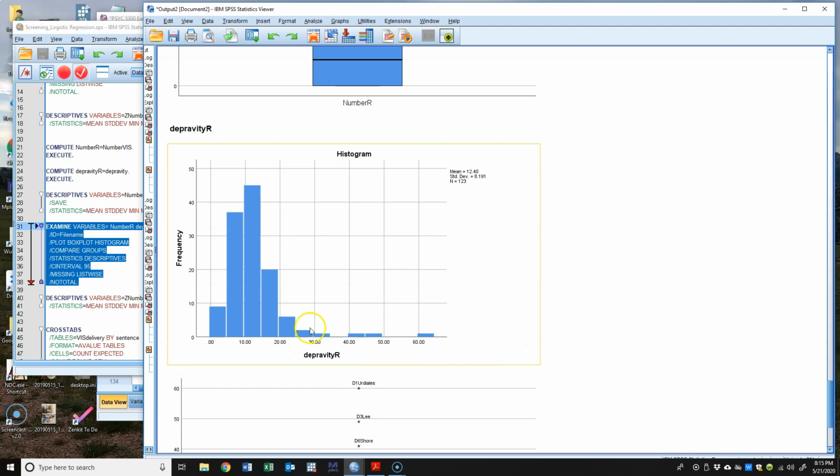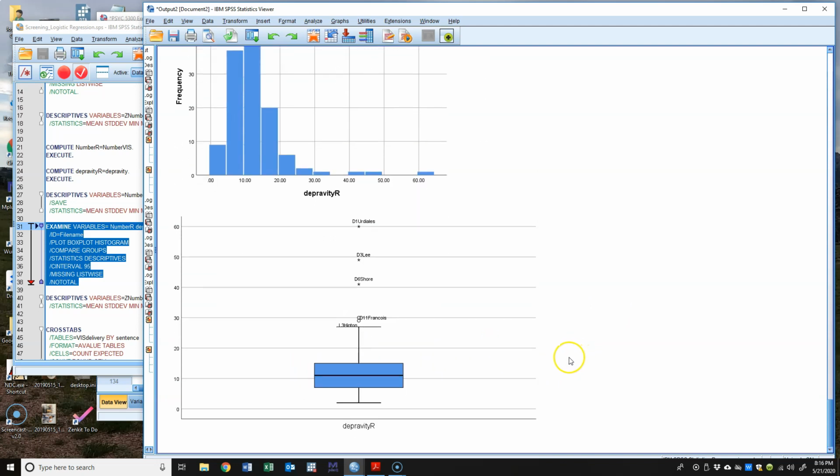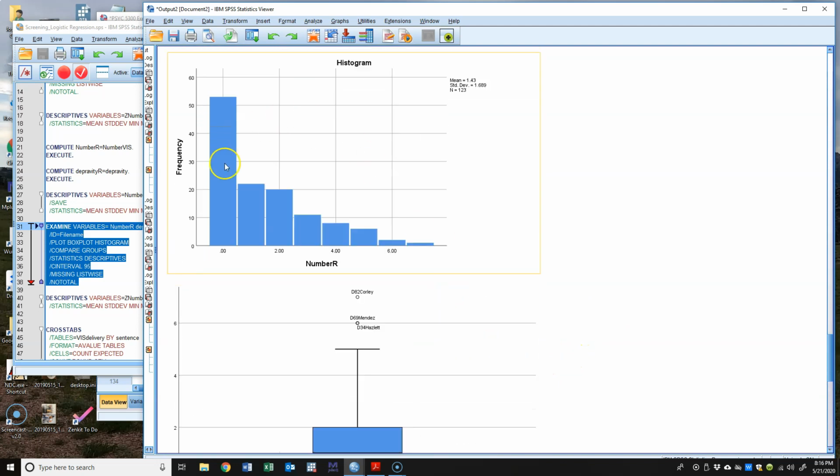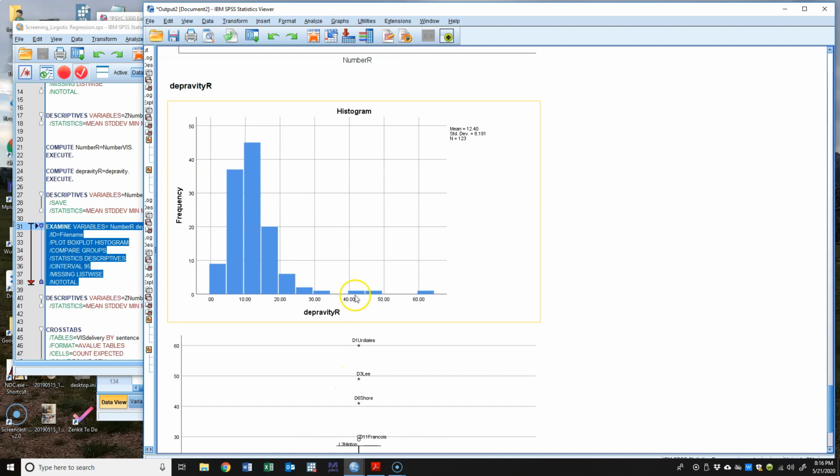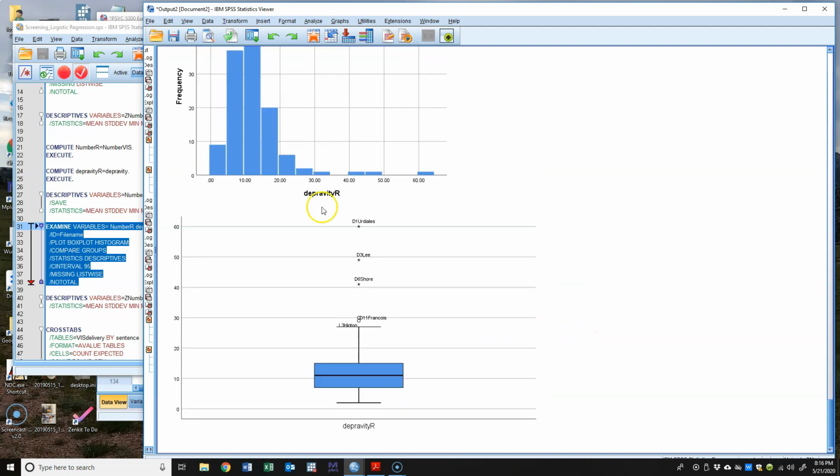is that these are cases that seem to be categorically different than what's going on here in terms of whatever went down in these homicides. And it's probably going to be hard to capture these. It would be the same thing if we were doing, say, work with substance abuse and had some people who had really high levels of substance use. Those are actually maybe the people who we're most interested in, so we don't want to do too much with this. So we've still got number of VIS, this is fine. We addressed that. This is still not great, but let's take a look at what we have